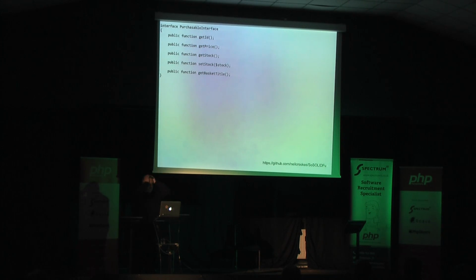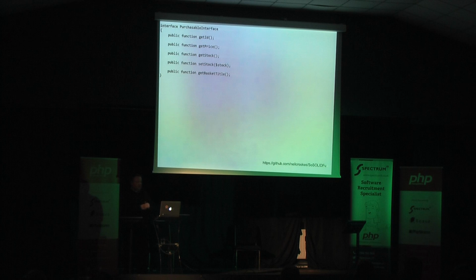Okay, but oh no, just realised, we don't keep stock of digital products, do we? You don't have, I've only got 10 MP3s that you can download. No, you have one file, you can download it as many times as you like, however many customers can download it as many times as they like. But we've got a get stock and a set stock method on our purchasable interface,